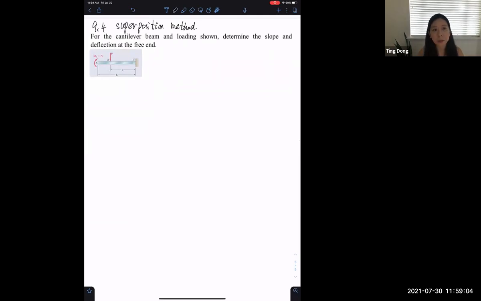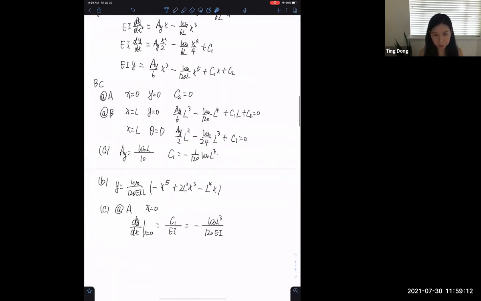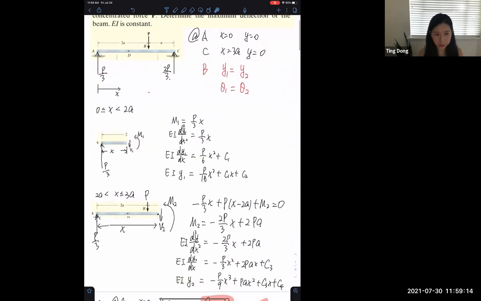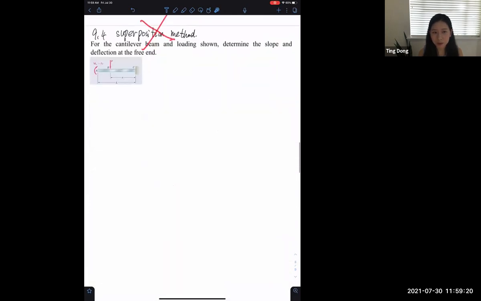For this superposition method, it's just a different way to calculate this type of problem. It is okay if you don't know the superposition method, you can use this method to calculate everything. But some of you may feel that the superposition method is a relatively easier way to solve